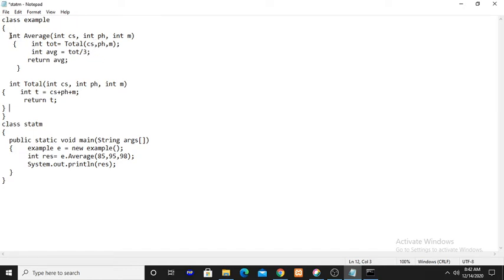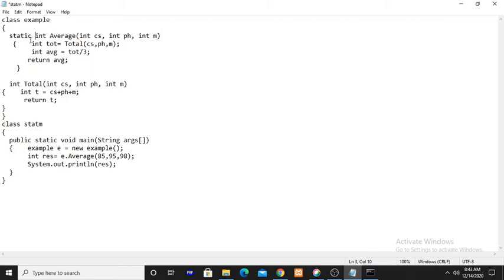Now I am declaring the average function as static using the keyword. I have written the keyword static before the return type of the function, int. Now this function is termed a static method.